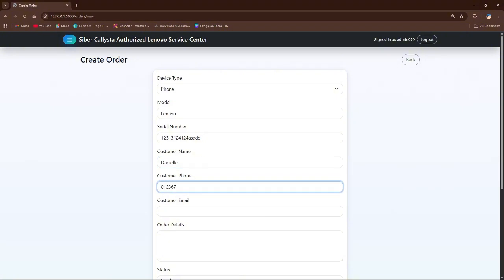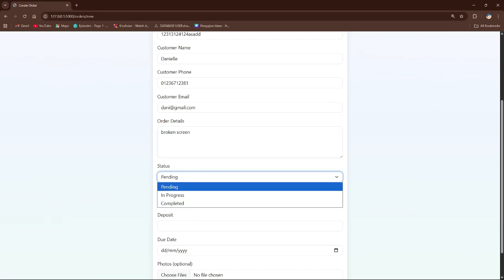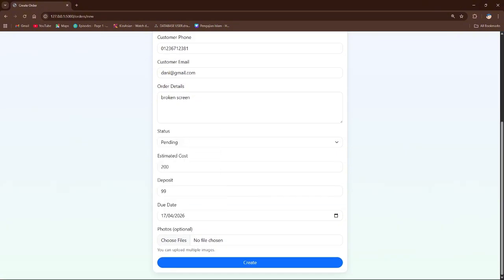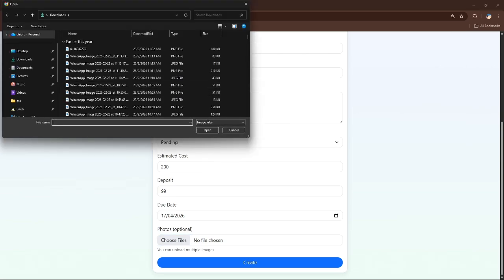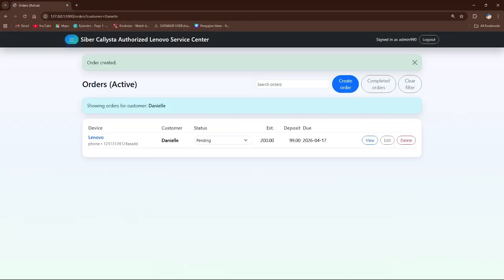Customer phone, customer email, all the details. Maybe issue description, status pending, can be in progress or completed. Estimated cost, for example maybe 200, and then the deposit is 100. So due is 100. The staff can also attach pictures inside this, but it's optional. So after create